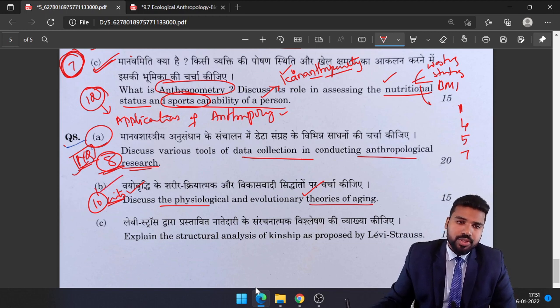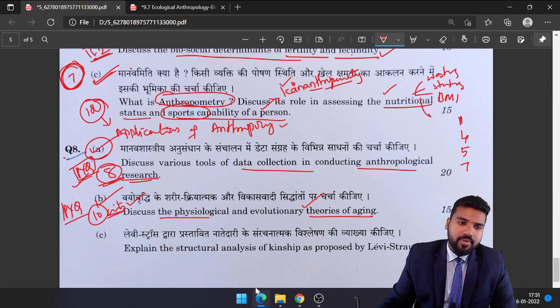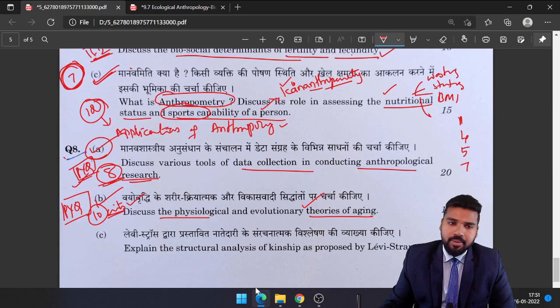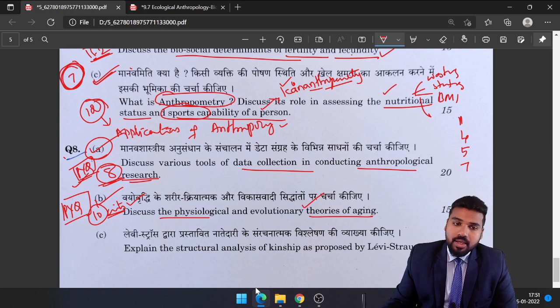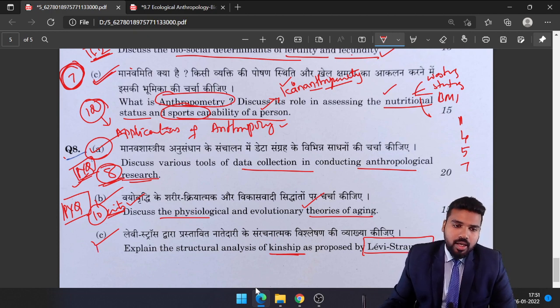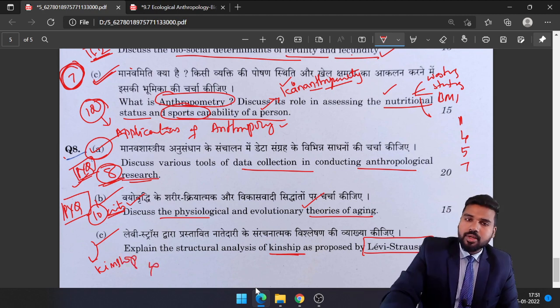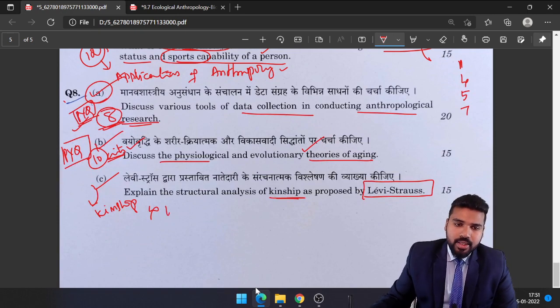Please go ahead with this question. These two are very much straightforward questions, again previous year questions, this type of question has come in the previous year also. Then finally the last question: explain the structural analysis of kinship as proposed by Lévi-Strauss. This is also a direct question. In kinship we study Lévi-Strauss. See, you can study it under kinship, or you can study it under the anthropological theories,